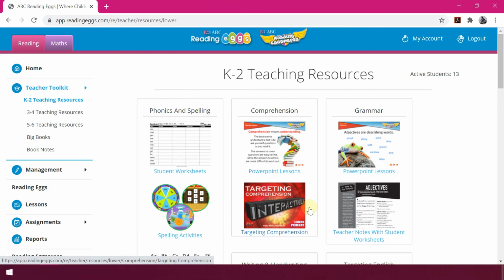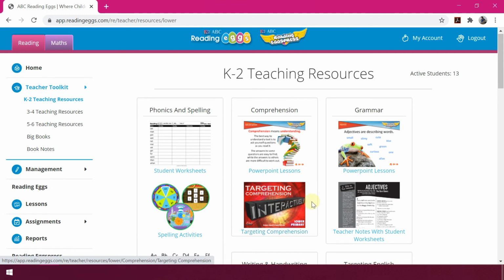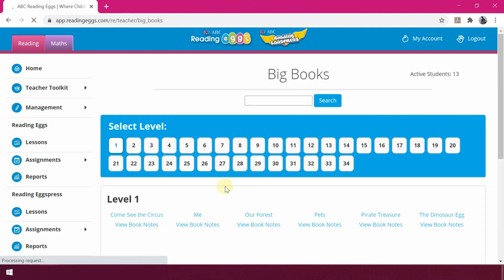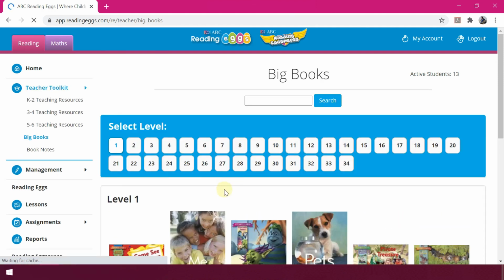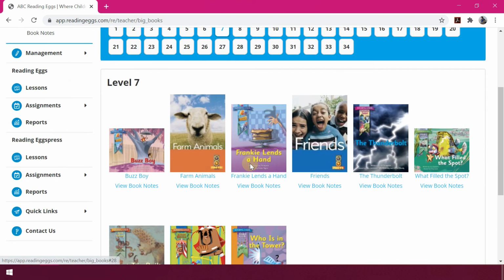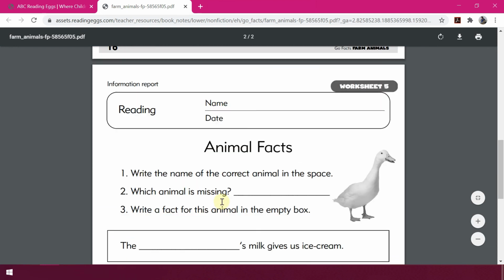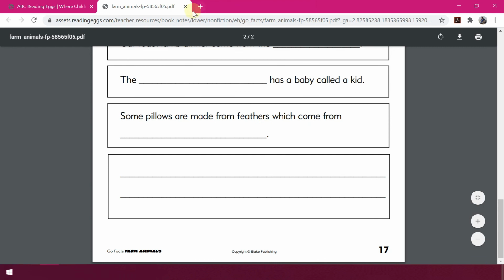And this resource is exclusive of what is available to students. You can also access a range of big books from here. You can use these big books for a storytelling session, online or maybe in-person. You can select from a wide range of reading levels available over here, and every big book is further facilitated with notes for teachers to understand how to take that storytelling session, what points to discuss, and what further activities they may carry out in their classrooms.